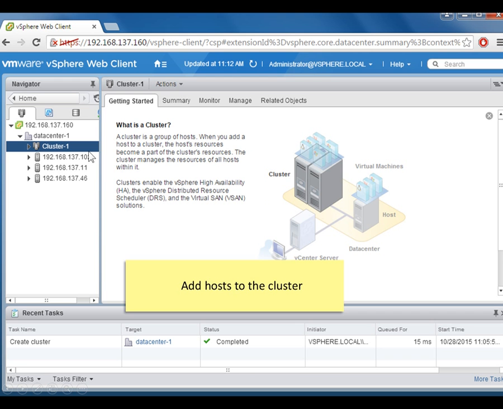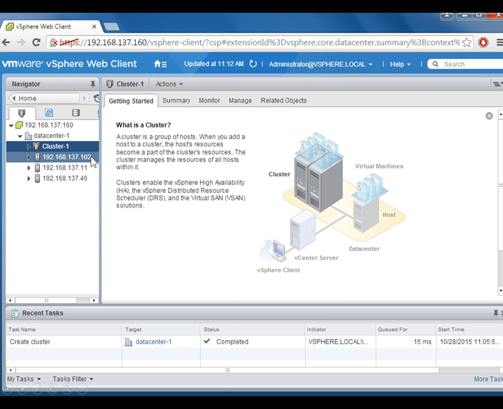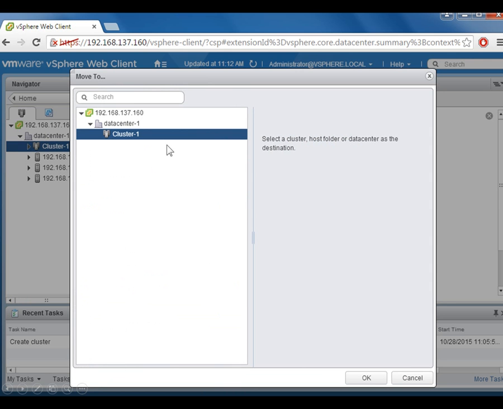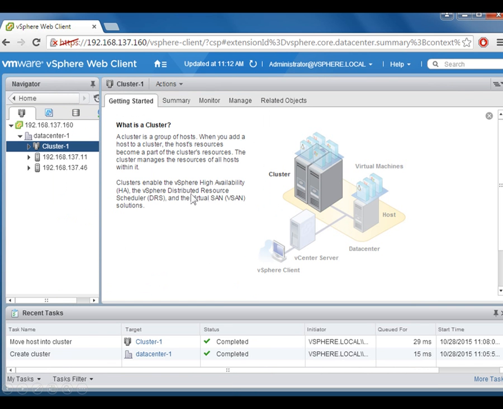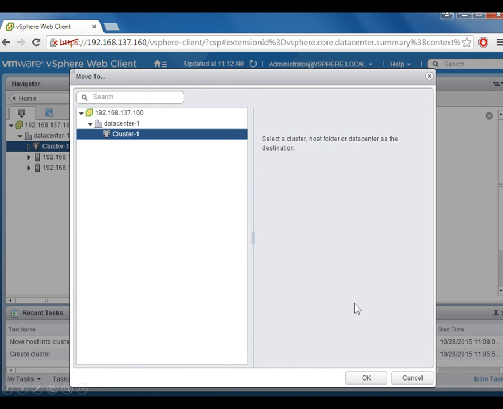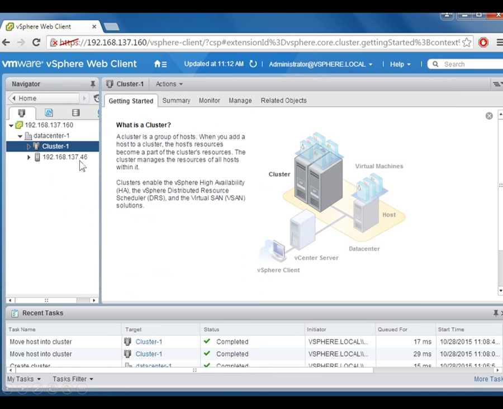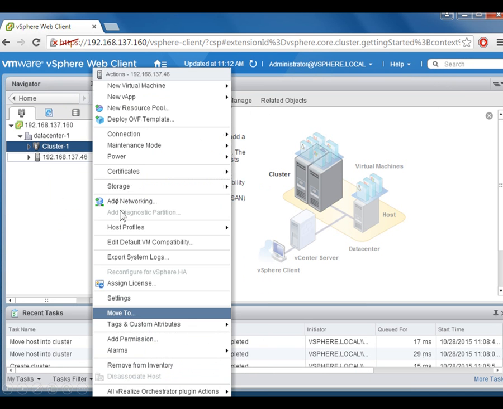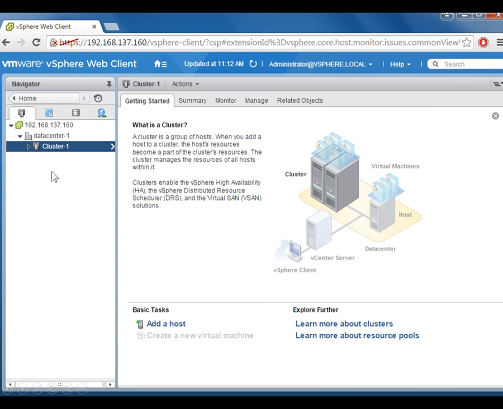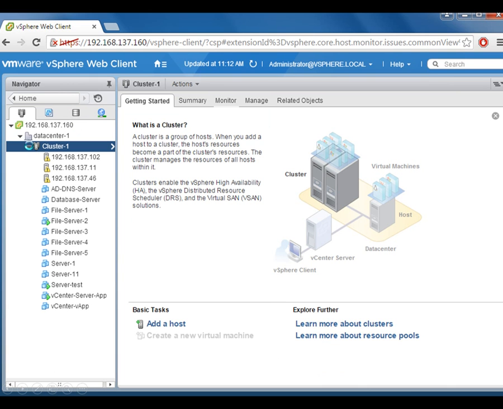to the cluster. So I will go to my first host and right-click on it and select Move To, and I will move it to cluster 1, followed by OK. Go to my second host, right-click, select Move To, move it to cluster 1, followed by OK. And then go to the third host, select Move To, select cluster 1, followed by OK. Now if I expand this cluster, I can see there are 3 ESXi hosts in this cluster, and there are